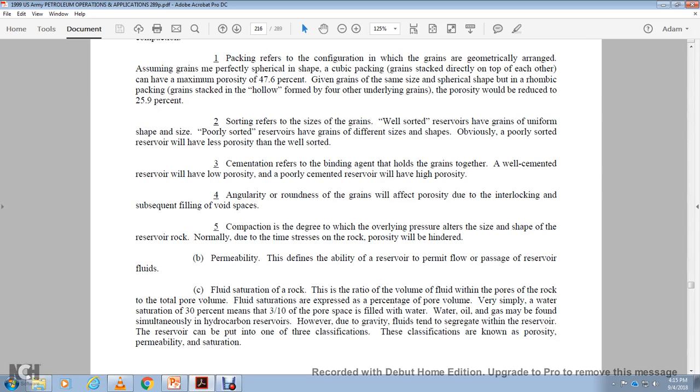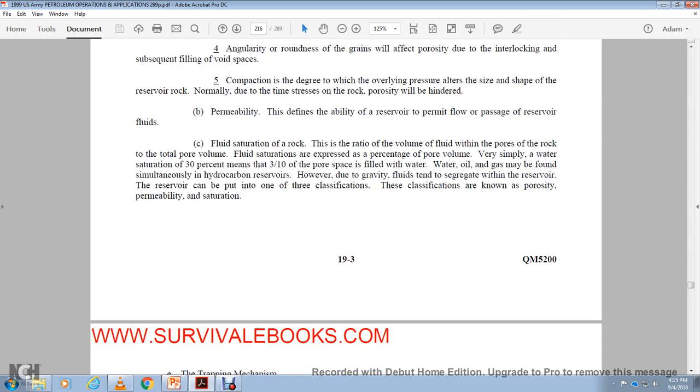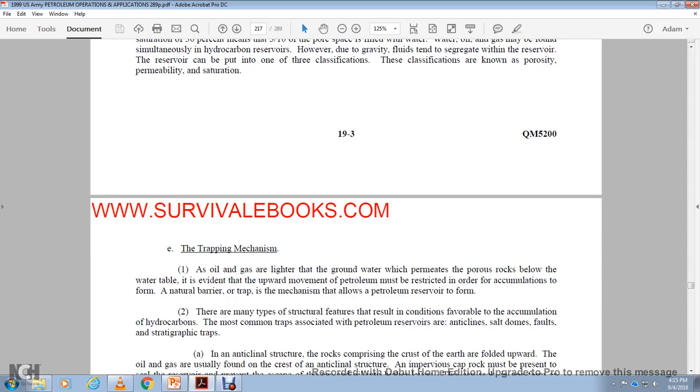However, due to gravity, fluids are segregated within the reservoir, which can be put into one of three classifications: porosity, permeability, and saturation. Or the trapping mechanisms. Oil and gas, lighter than the groundwater, flow through the permeable, porous rock toward the water table, with upward movement. The petroleum must be restricted in order to accumulate, by a natural barrier, a trap mechanism, which allows the petroleum reservoir